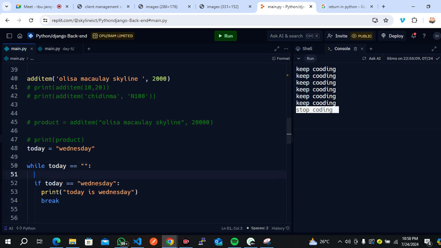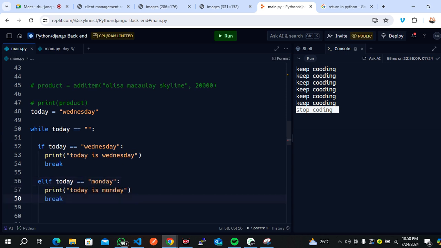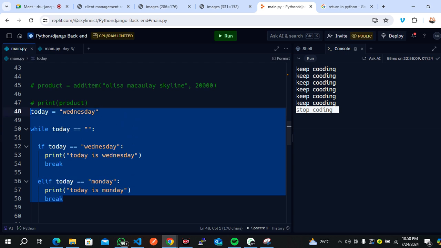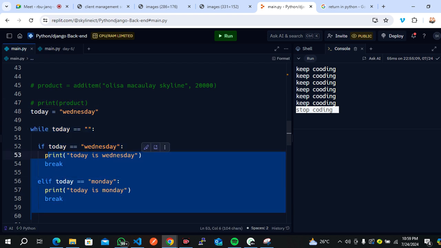Then even before then, you say elif. So let's do another one. Elif today is equals to Monday, break. So now if you notice what we are doing here, so what we are trying to do is that